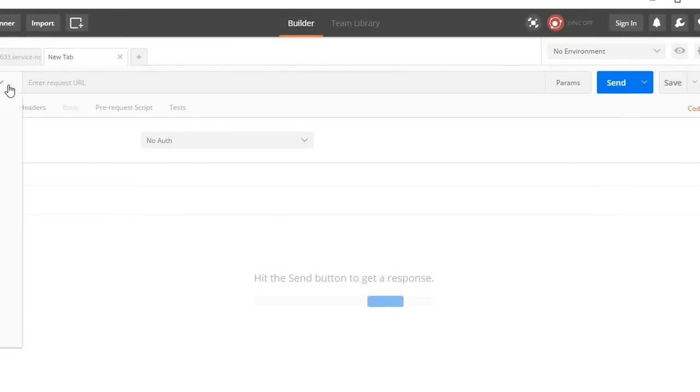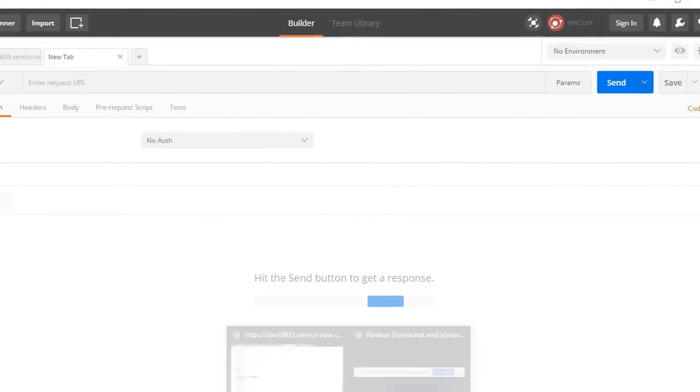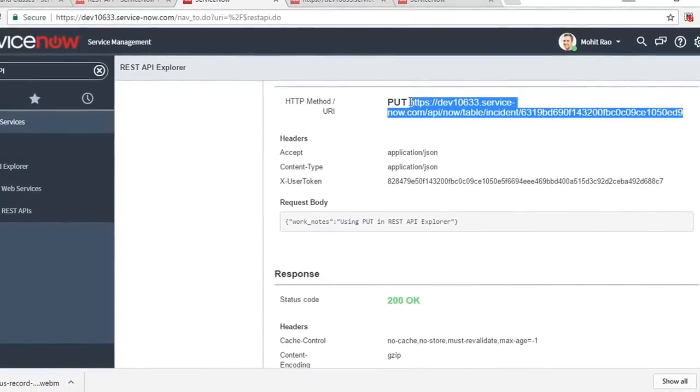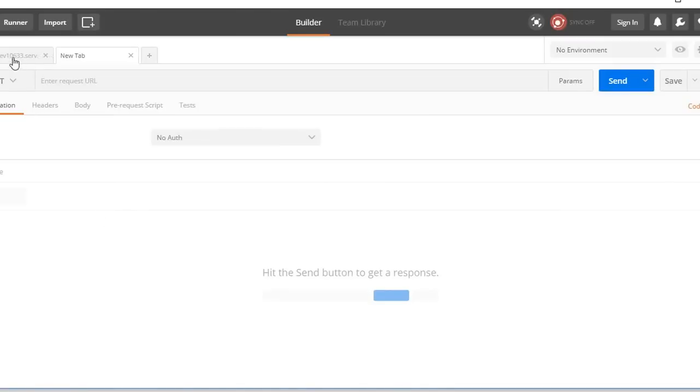I can use PUT here to modify this information, similar to the method we have used here. I'll just select PUT here. I'll key in the particular table URL along with the SysID. This is the SysID of that particular incident.